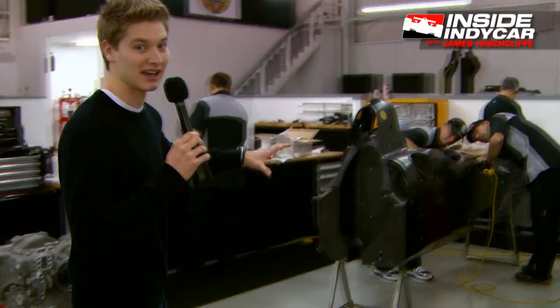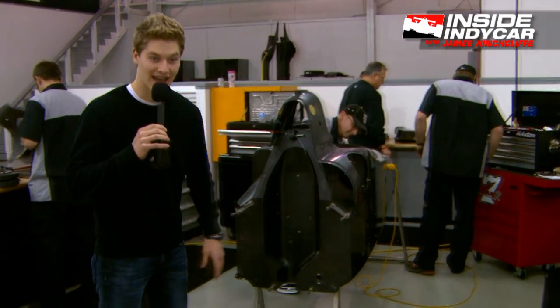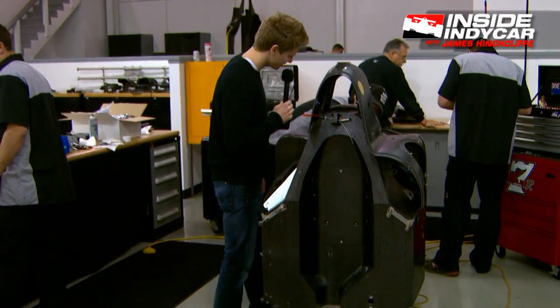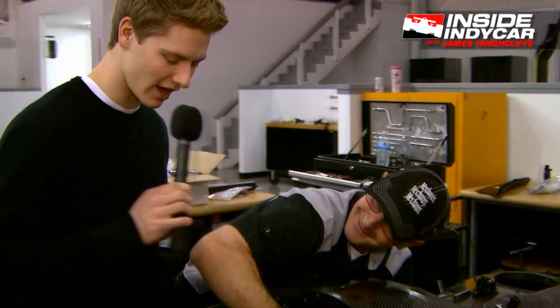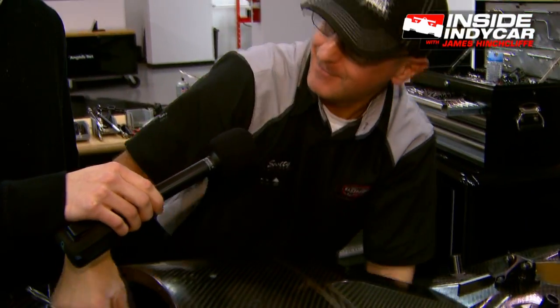I guess this would be the real Dallara chassis, the DW12, as it's called. That's being built, and you've got Scotty up here on the rack and pinion. It's looking nice, right? What do you think, Scotty? Initial impressions of the chassis. I really don't know. I've only been on it for about 30 minutes. If you were to put this into one word, what would you say? It's easier to work on. Okay, that's probably 4 words, but...